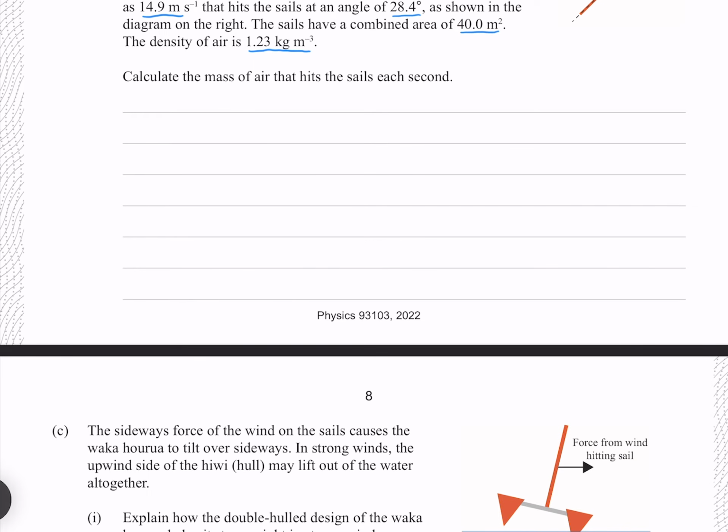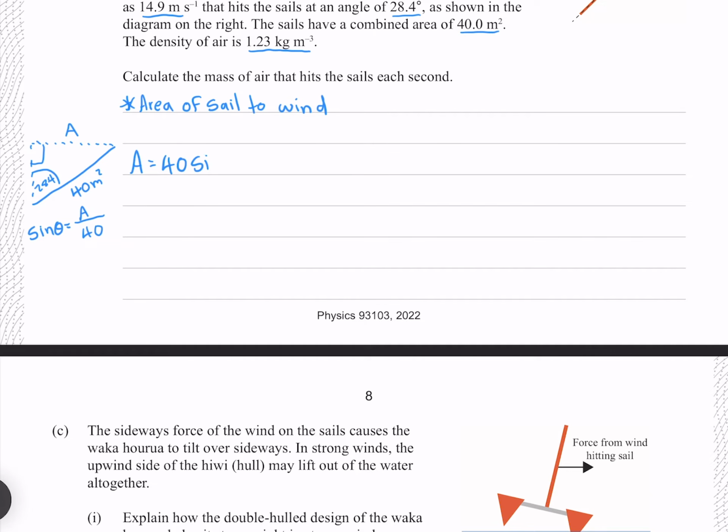First of all, we need to find the area of the sail to the wind. If we imagine our sail pointing like this, where this is our 40 meters squared, the area we're interested in is this area here, where we have a right angle triangle. This is our 28.4 degrees, and this is the area that we're trying to find. And so we have the opposite and our hypotenuse, so we can use our SOH relationship in SOHCAHTOA. That sine of our angle is equal to our opposite, our area, divided by our hypotenuse, our 40. Multiplying both sides by 40 gives us the equation that our area is equal to 40 sine of our angle,